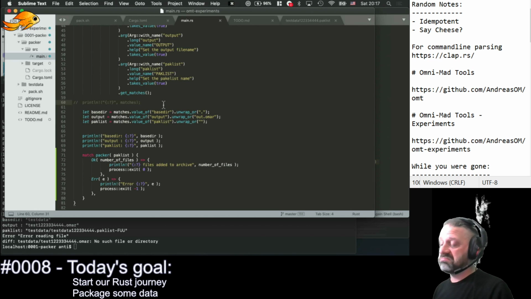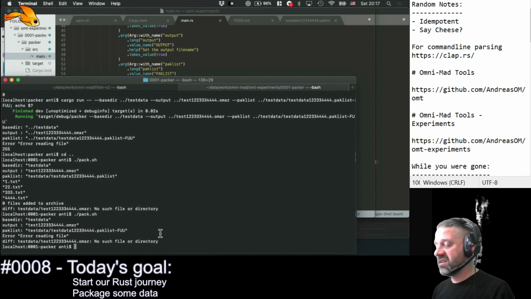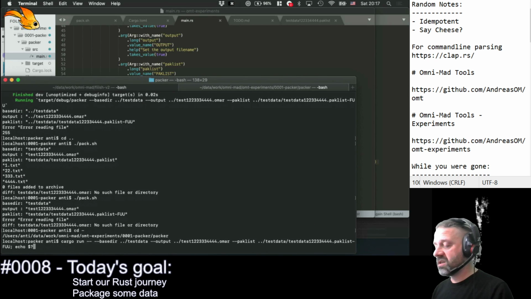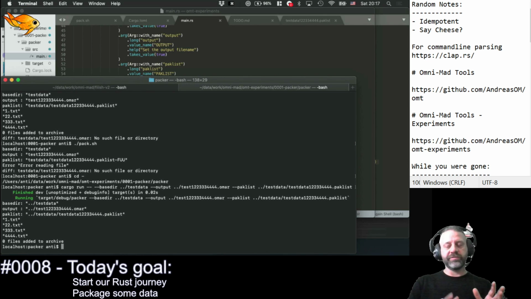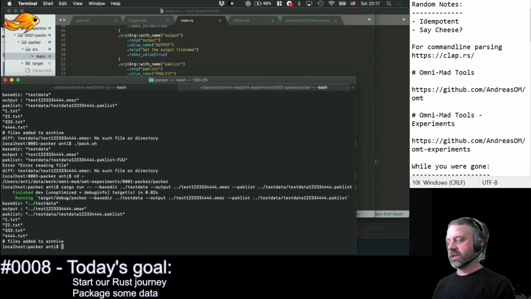So again, not exactly what I want, but close enough for now. Don't do everything at once. So we got a list of the files we want to add, and now we have to kind of dive a bit into